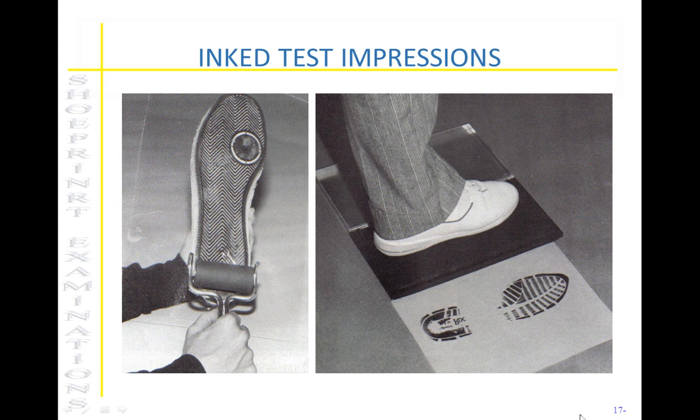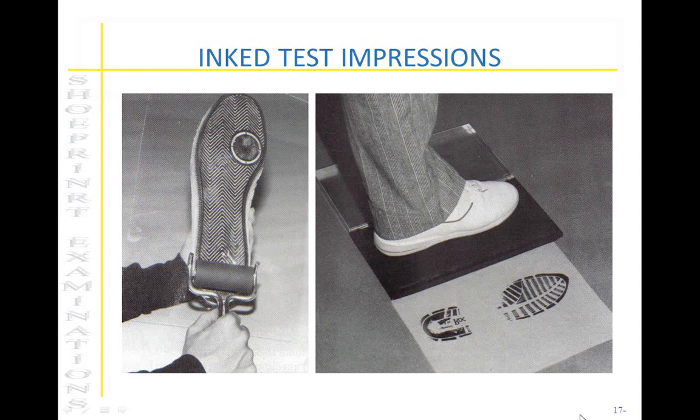With inked impressions, the shoe is actually placed or stepped onto an ink pad, or the ink can also be rolled onto the bottom of the shoe, and then the shoe is placed on a clean piece of paper or